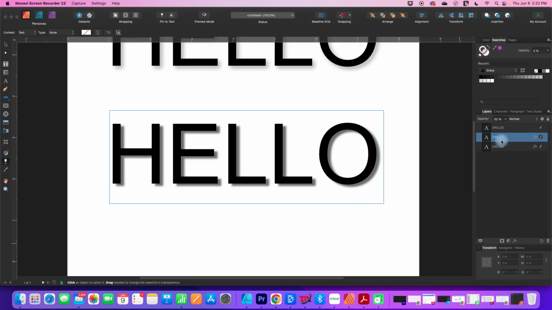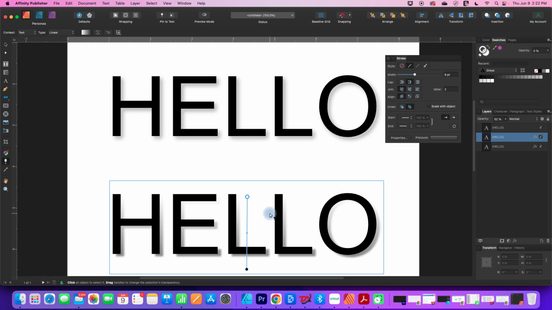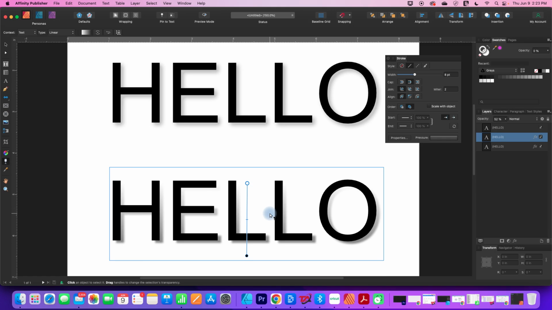So I still have my shadowed layer selected here. I'm going to go over to this tool, the wine glass, that's the transparency tool, and click on that. And then I'm going to pick a spot down here, click my mouse, and then drag up, and you'll see that it kind of fades it out. So that might be kind of an interesting little effect that you can add to your shadows. So it's just a little different level of interest than a typical drop shadow like you see on the top.